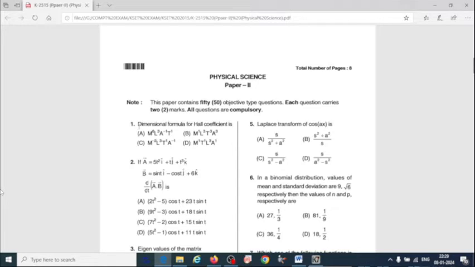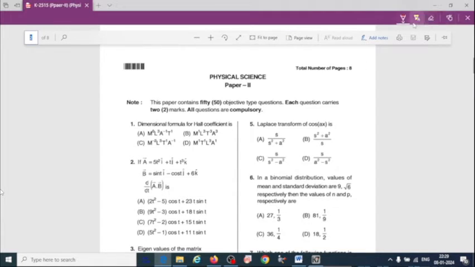So here I am going to solve some previous year questions. So first question, dimensional formula for Hall coefficient is. So the option given here you can see. So the Hall coefficient, as we know, formula is given by